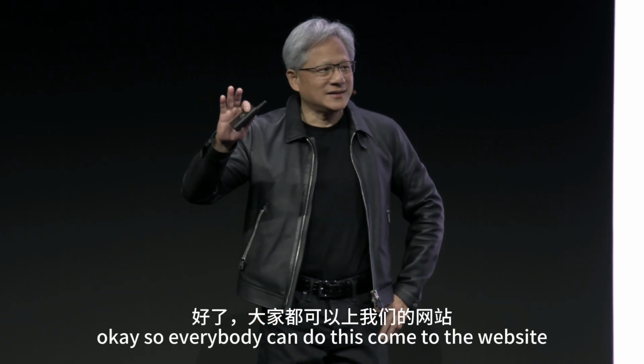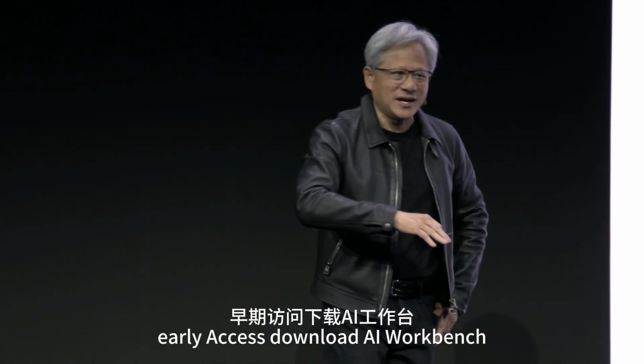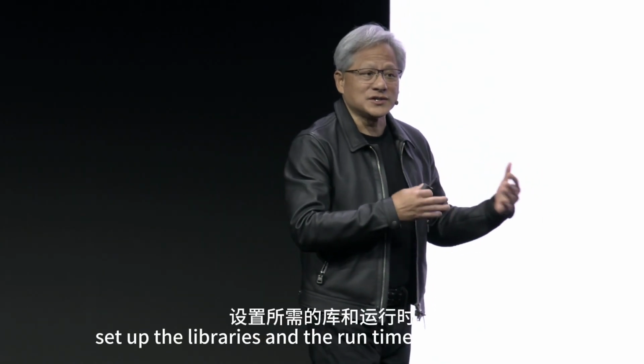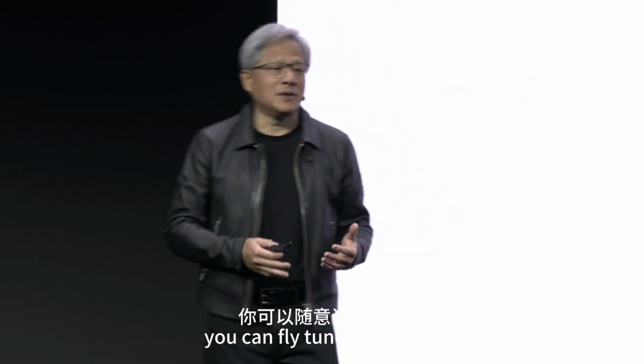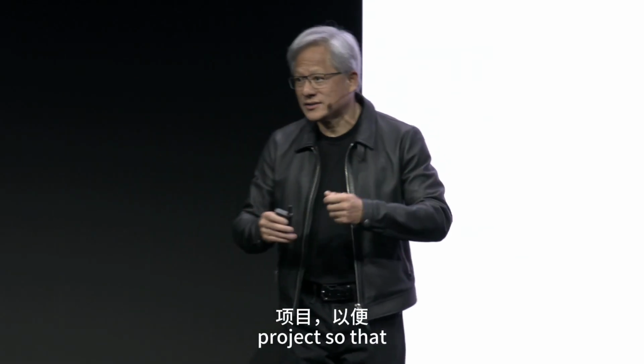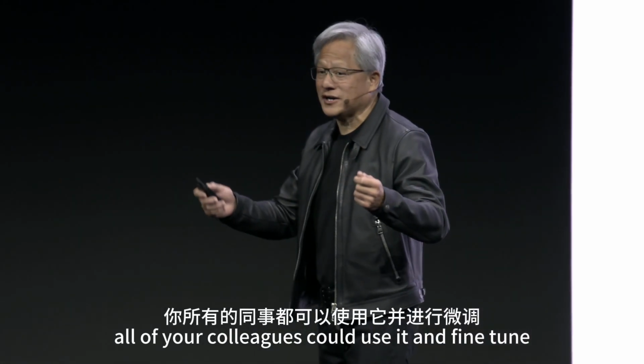Come to the website, early access, download AI Workbench. For the creator of the project, it helps you set up the libraries and the runtimes that you need. You can fine-tune the model. If you want to migrate this project so that all of your colleagues could use it and fine-tune other models,